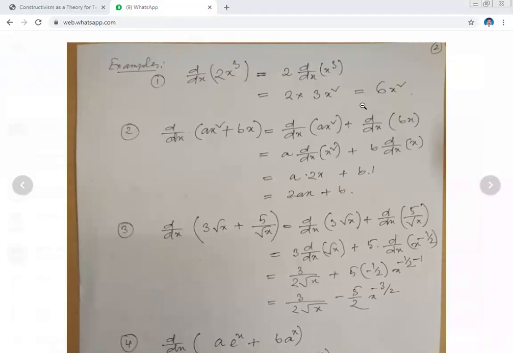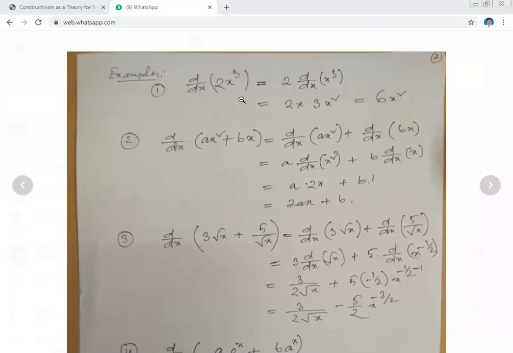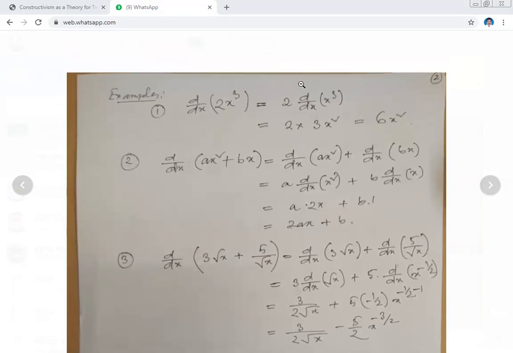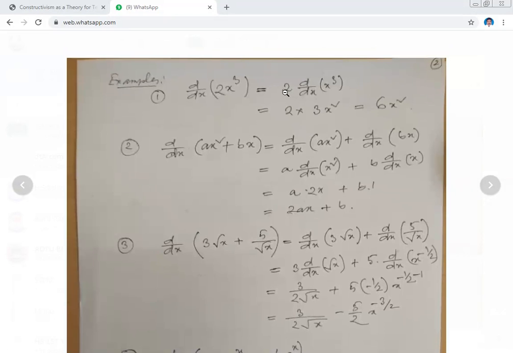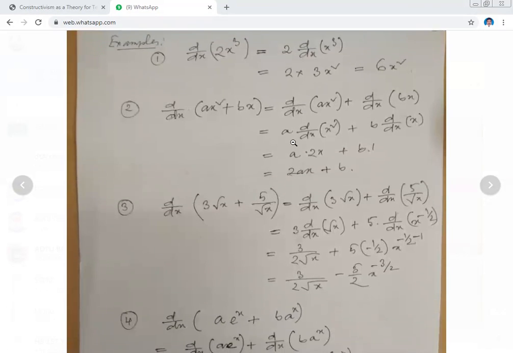So the x to the power n formula, the formula for differentiation, is applied here, which was used in the last class in several examples. And this is where we have used the first property given. When a constant is multiplied, we can write the constant outside the operator. d/dx is the operator, and outside the operator we can write the constant. The x to the power n formula, it's simple. Next,